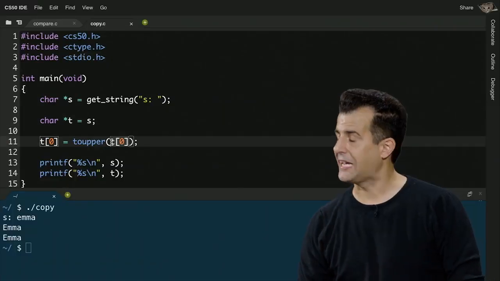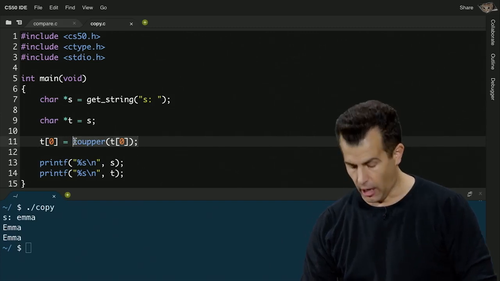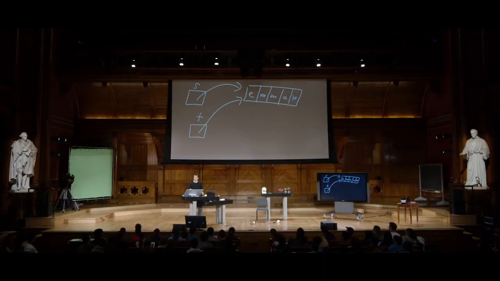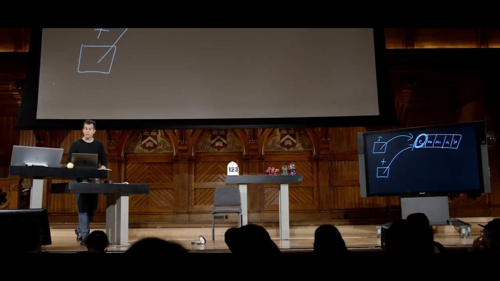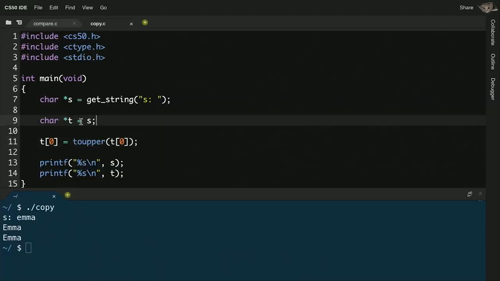Because again, if I didn't do this hand-wavy arrow notation, I literally wrote out 0x123, I would have just written 0x123 in both s and t. So when, in my code, I say, you know what, go to the first character in t, and then uppercase it, guess what the first character in t is? Well, it's this e, but guess what the first character in s is? Literally that same e. So this does not suffice to copy a string by just saying t equals s, as it has up until now with every other variable.